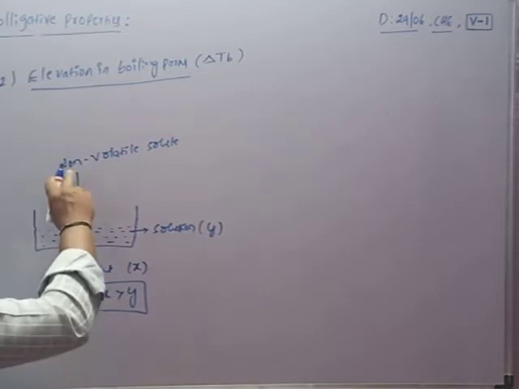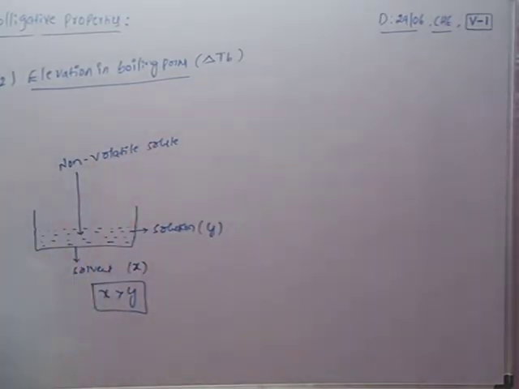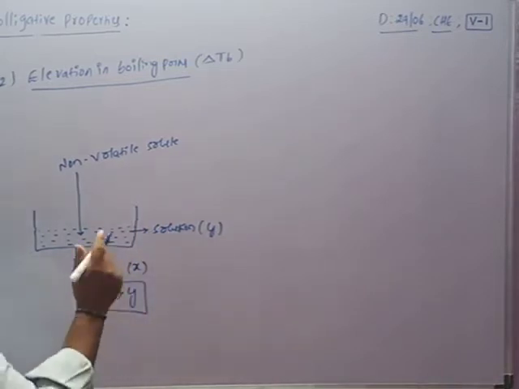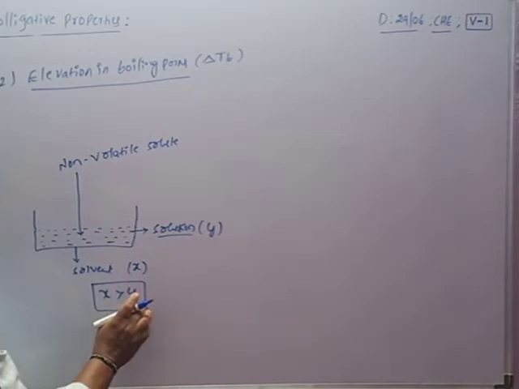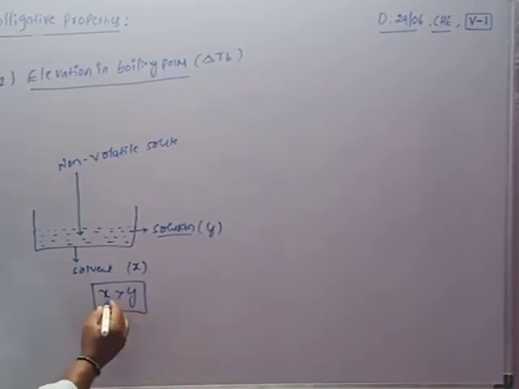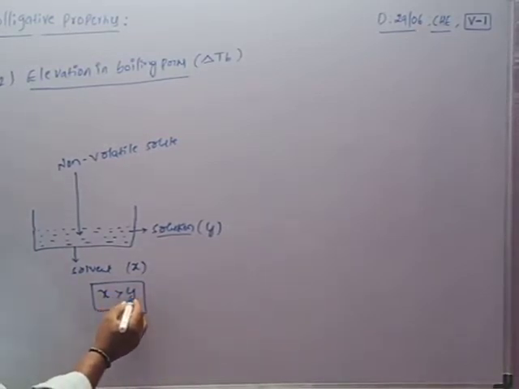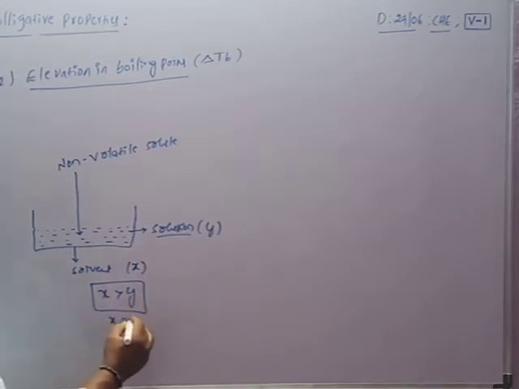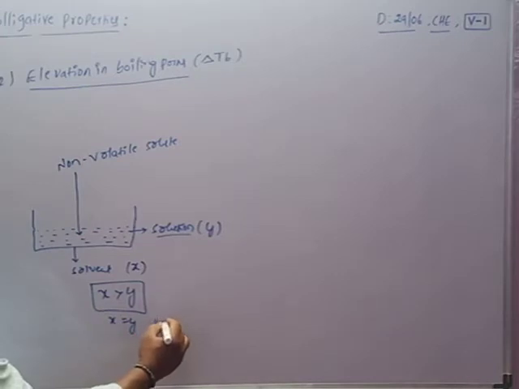Because the addition of a non-volatile solute to the solvent decreases the vapor pressure of the solvent. So the vapor pressure of the solution is less than the vapor pressure of the solvent. For the vapor pressure of the solution to become equal to that of the solvent, so that X equals Y, it is possible when